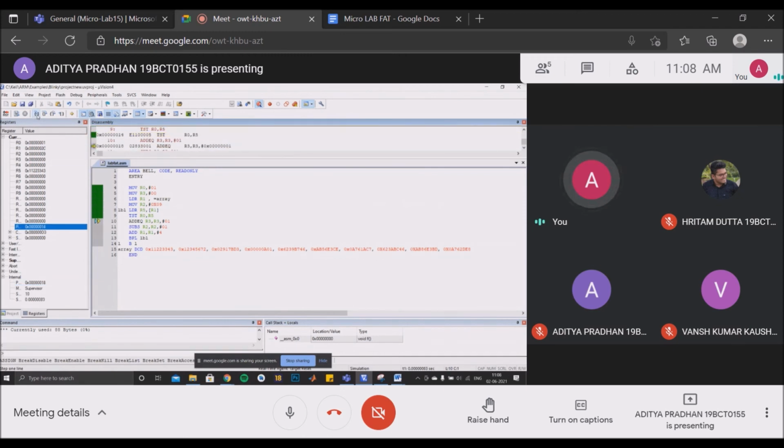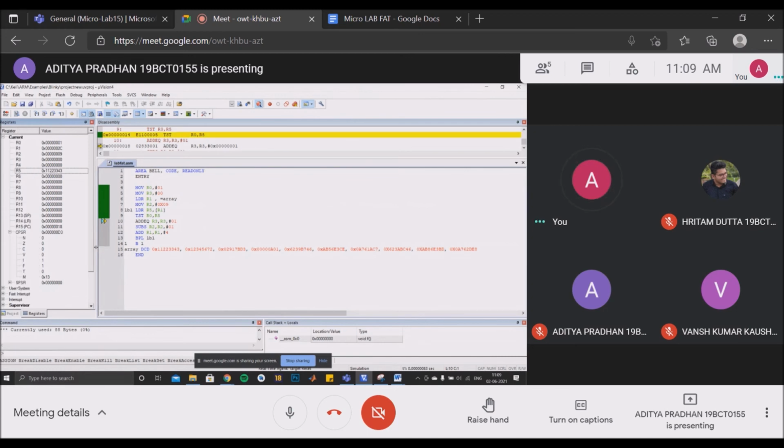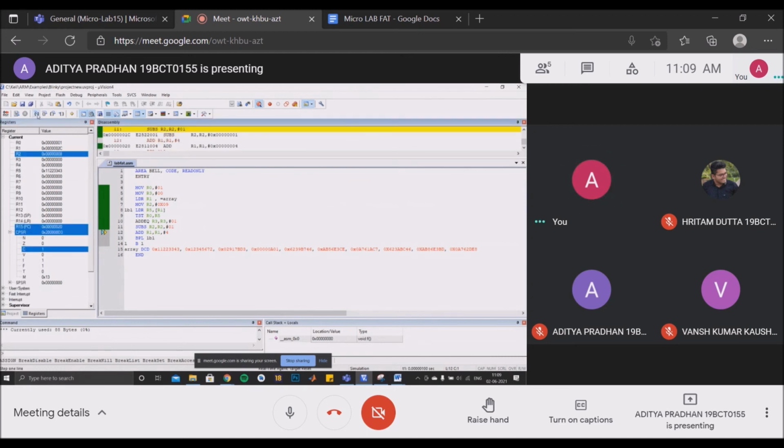So as we can see, the element in R5 is 0x11221122 43, which is an odd element. So the value in the Z flag is 0, so this command will be ignored.